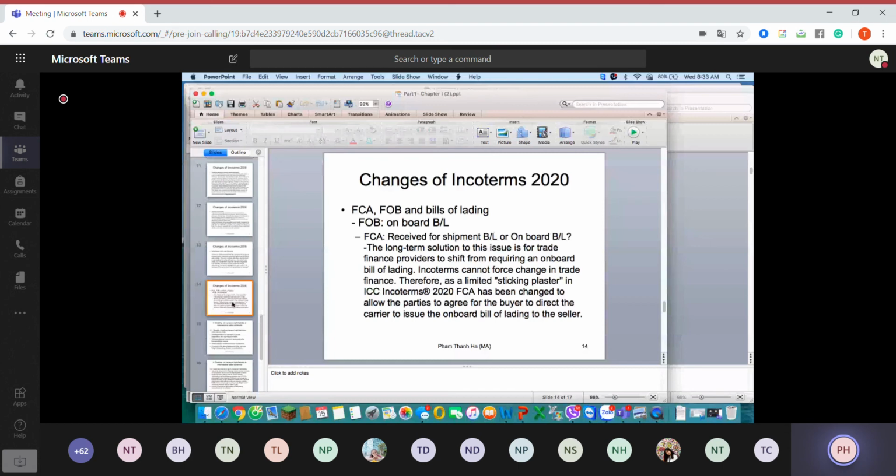So that's for the container goods. Even though we use maritime transportation, for container goods we can never load the goods on board of the vessel and then have the seller finish his responsibility. Later on, I'm going to explain this in further detail. So sometimes we use container transportation,